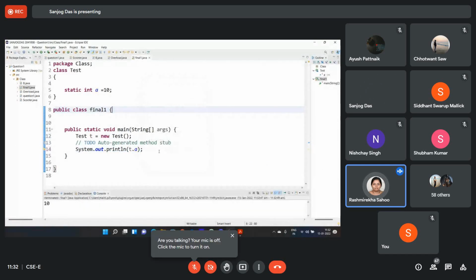Okay, after some version, now we can call the static variable with the object name, but actually it is the class level variable, so actually it should be called with the class name, but after some version we also can call it through the object also. But this static variable doesn't occupy space inside that object.